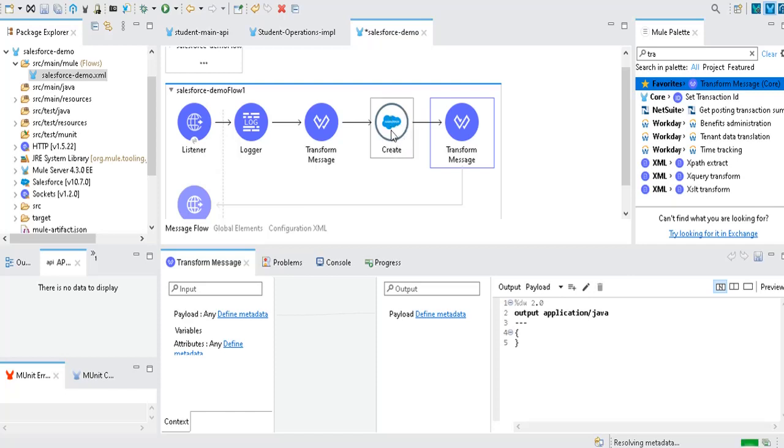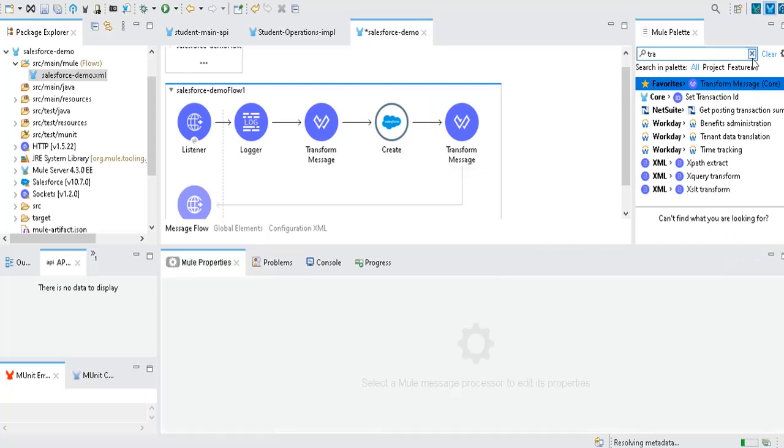So I would like to capture that response and display it in my Postman as a Postman response. So to do that, I don't want to do any mappings here. I just want to display the payload. Whatever response comes out of the Salesforce connector once the account details are created, that actual complete response I am capturing here. So that is why I have added only payload.